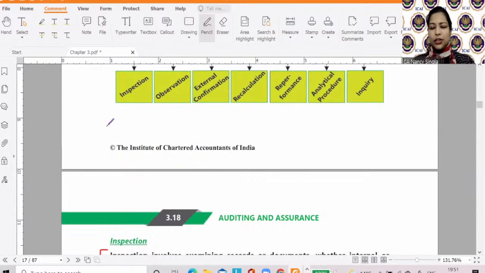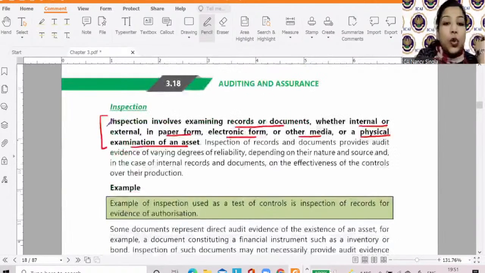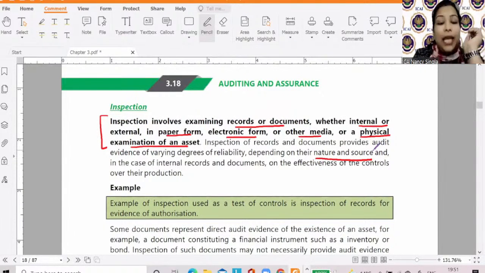ठीक है, इंटरनल कंट्रोल पे होता है विवेक, when the internal document has been inspected, correct? ठीक है, और so the answer is what? The source and nature, है ना? We have just done. So it depends upon the nature and the source. ठीक है? And if you remember, I just gave you an example that when I as an auditor, I want